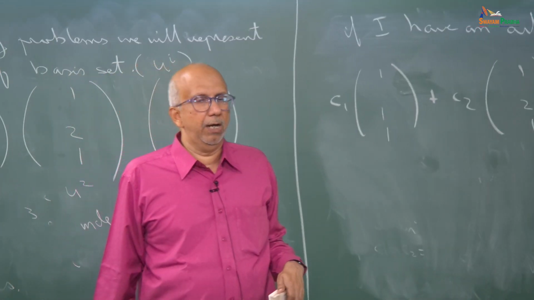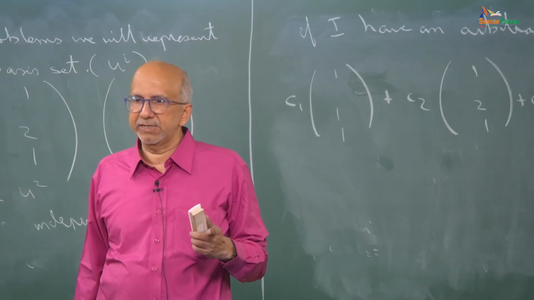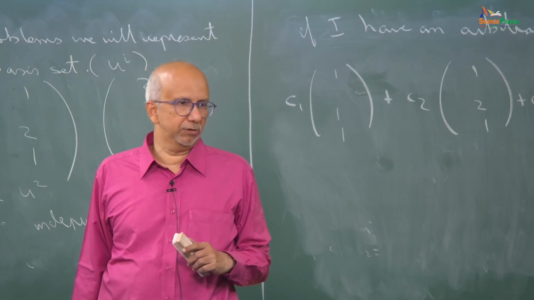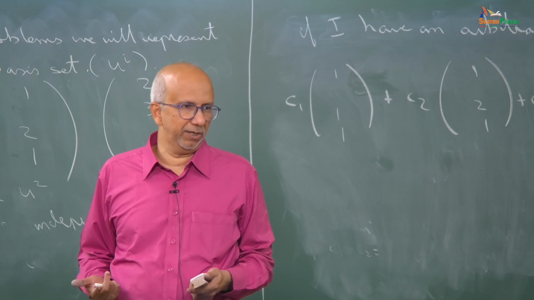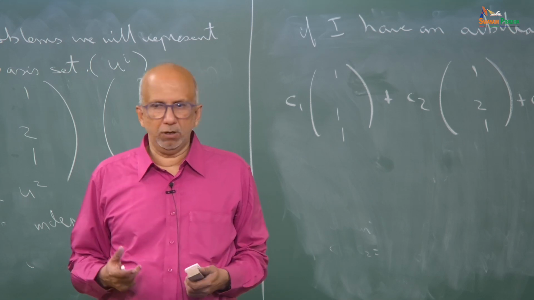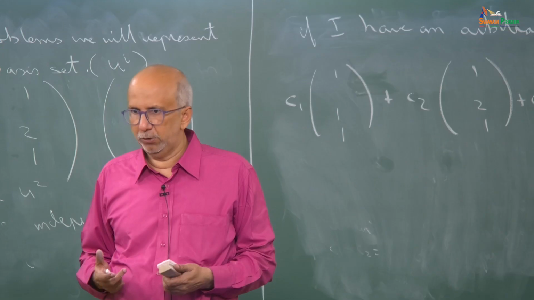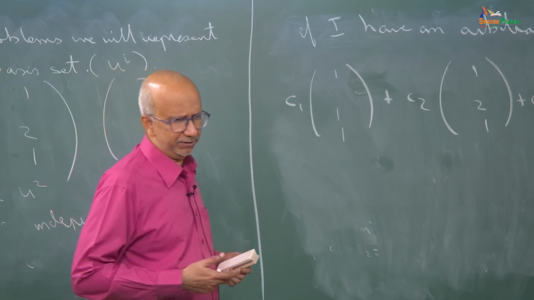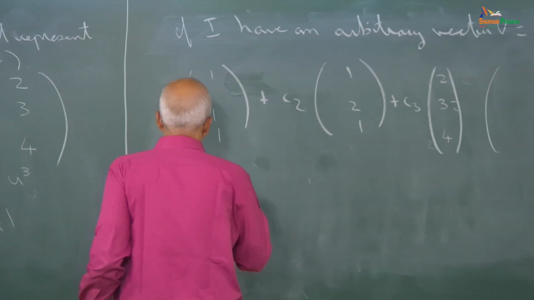So, now because the right hand side is not 0, I will get a non-zero value for C1, C2, C3. There are 3 equations and 3 unknowns. You can solve these 3 equations and 3 unknowns and find C1, C2, C3 using any method that you can think of. So, we have